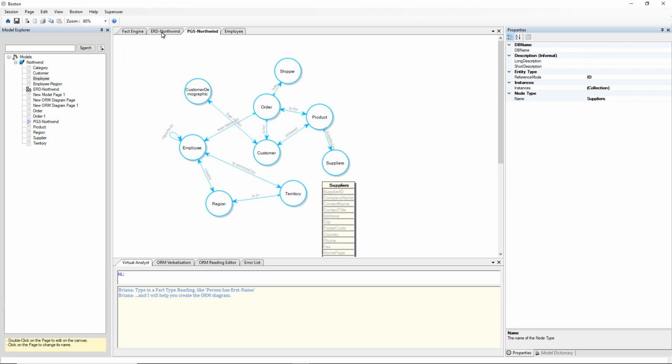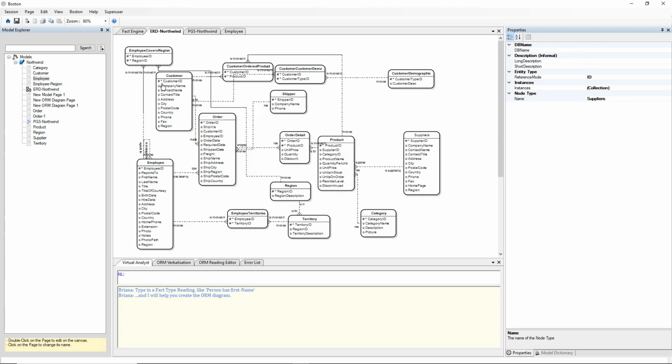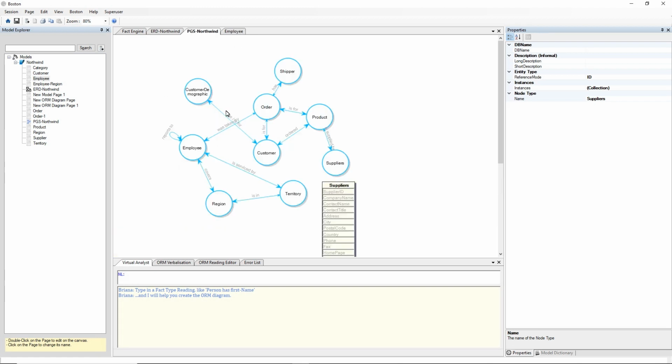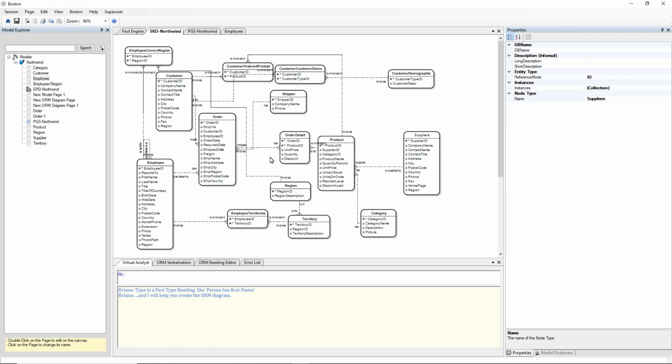directly from one modelling language to the other modelling language, and in Boston to another modelling language again, so object role modelling. So this object role model is linked to this property graph schema, which is linked to this entity relationship diagram, where the entire Northwind database is viewed as a multi-model database. So Boston, the conceptual modelling language software, treats every database as if it were a multi-model database.